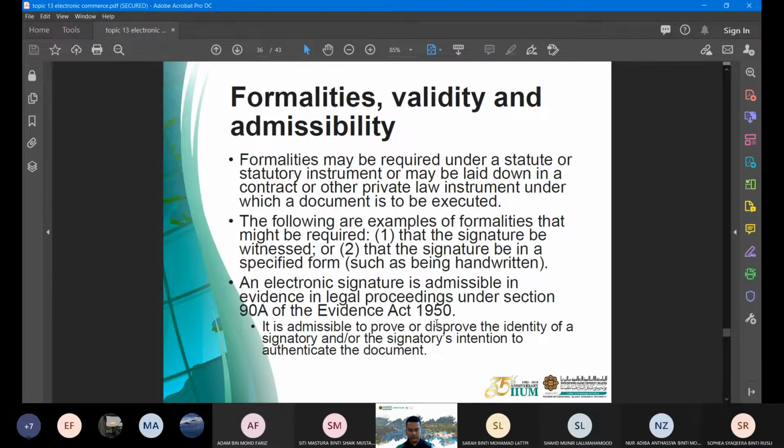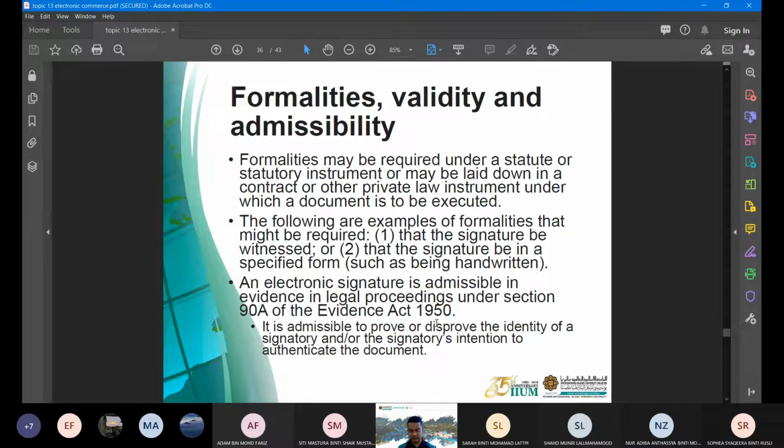What about formality, validity, and admissibility? Formality may be required under statute or statutory instrument. Some examples of formality: some agreements require that the signature be witnessed. There has to be a witness of the signature, and some documents or online contracting require a specified form. Meaning if you want it to be handwritten, then you cannot use online. And electronic signature is admissible